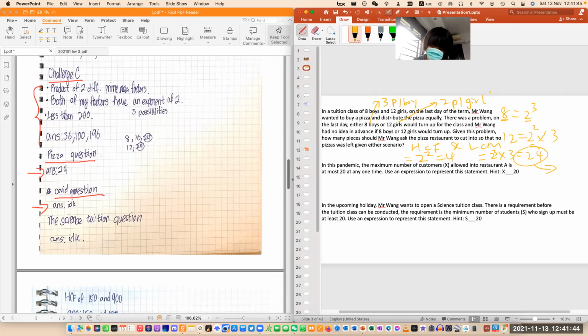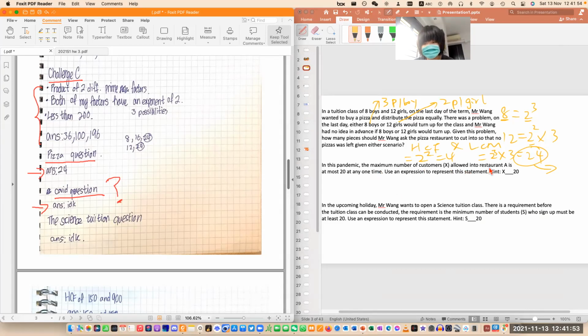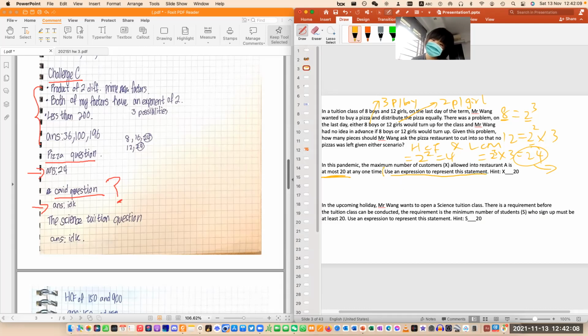All right. Okay, you don't know about this question, the pandemic thing? What don't you understand? The maximum number of customers X allowed into the restaurant is at most 20. So what is the meaning of at most 20? You have to use an expression to represent this statement. So basically it is X something 20. You need to fill in the blank